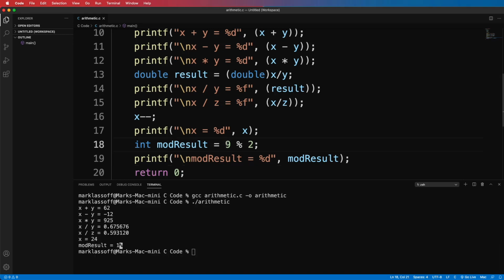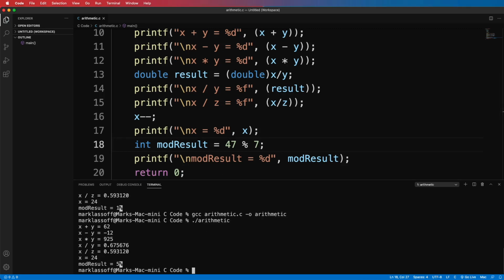Let's change this. Let's say it's 47 and 7. So again, we're looking at what the remainder is after division takes place, mod result 5, because 7 goes in evenly 6 times, giving us 42. 47 minus 42 is 5.